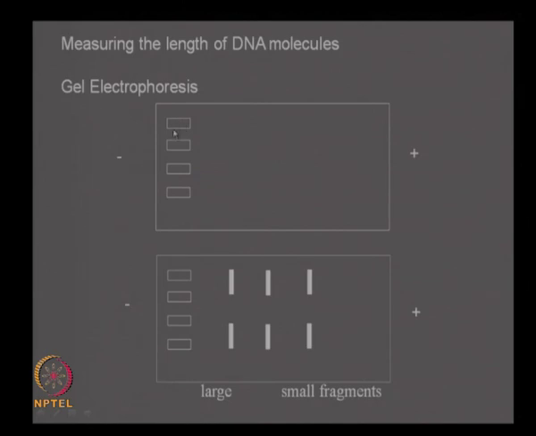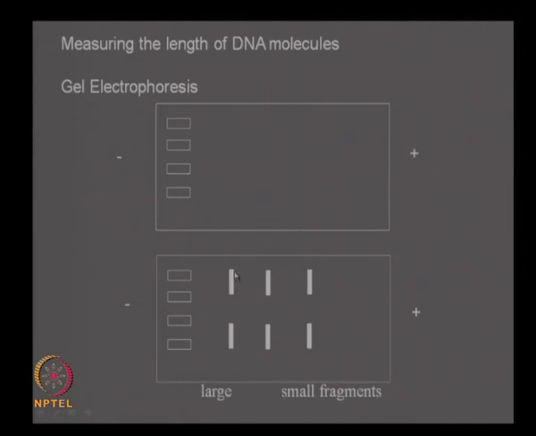The solution containing the DNA strands is poured into that, and then a current is applied. Here you have the negative and here you have the positive electrode, and after some time the strands try to move in this direction,